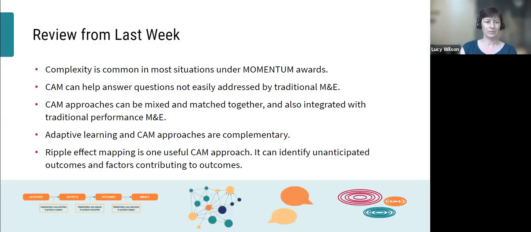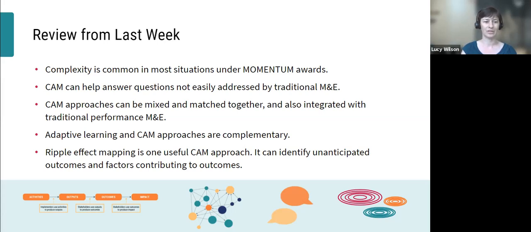So as Emily said, we'll start out with a quick review from last week. And I know there was a lot of content last week. It was a lot to cover and we went really fast. The good news is that everything we covered is also in the Momentum CAM guide and up on the hub